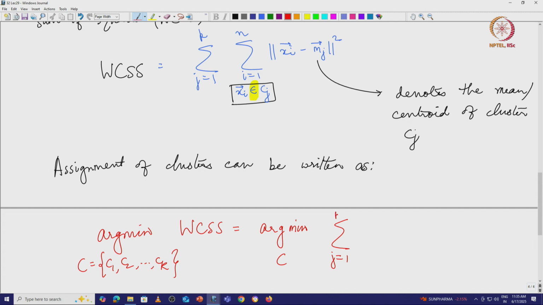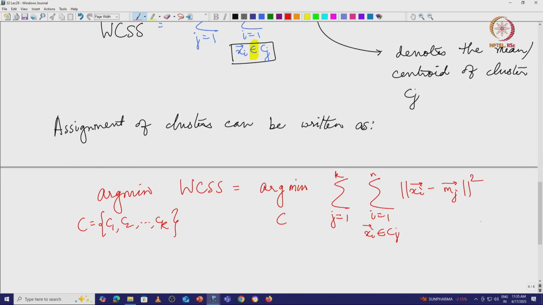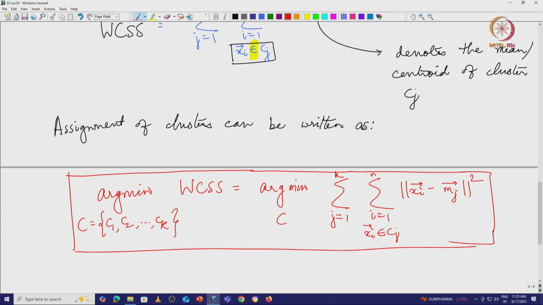So, sum over j equal to 1 to k, sum over i going from 1 to n, where xi vector belongs to the jth cluster, xi minus mj norm square. Okay. So, this is essentially the mathematical representation of what is happening when you do k means clustering,